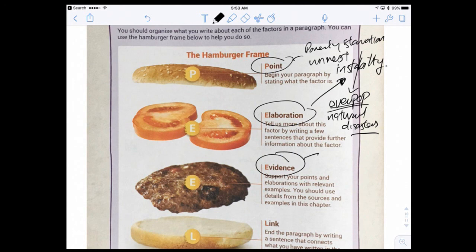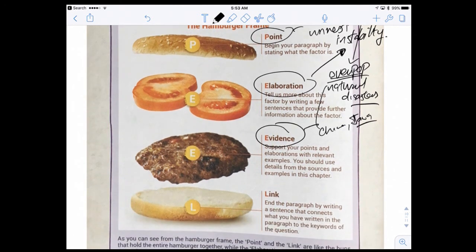So if you write overpopulation, where is it? Okay, China, Java. These are some of the places where this happened. So because of this evidence, you must also elaborate again. So what if you find this evidence here in China and Java? Okay, what exactly pushed them to leave? So you must write about the conditions, lack of food, epidemic, the famine, okay, every piece of information must be written down in the evidence. So again, and then link back means you just answer the question again and say that hence this is the reason why people left Singapore. Okay.